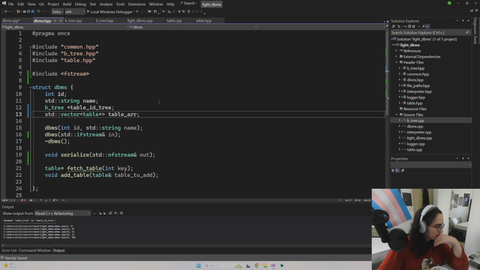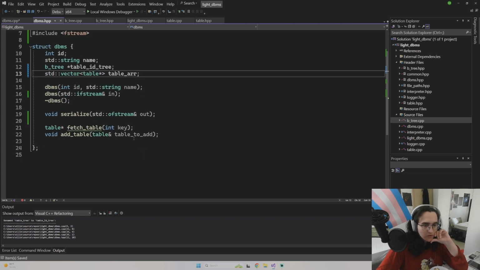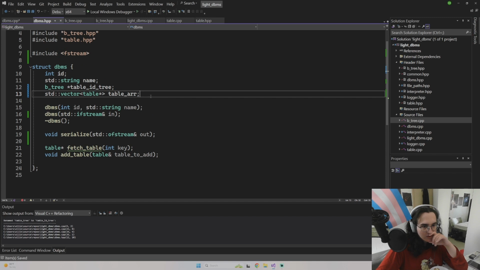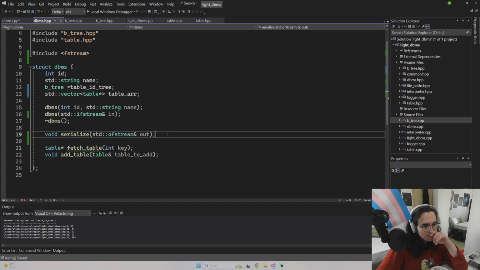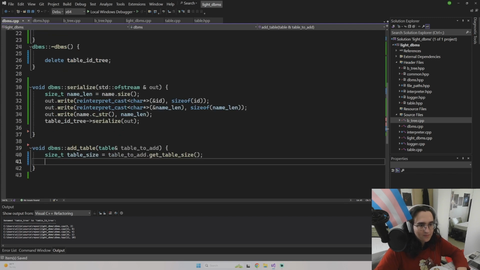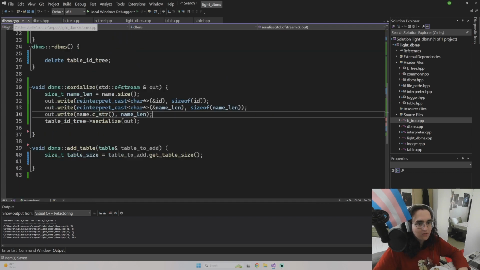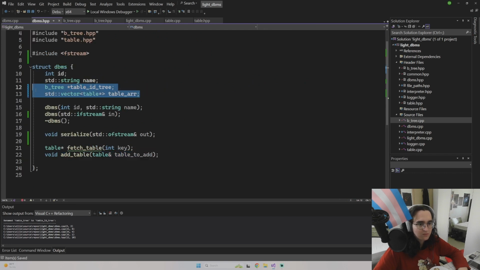So, boom. So table R, table array. Now, serialize. Oh, I have to add the, and serialize here. I have to add. Oh no, I don't serialize this one. This one is local because, sorry, I have something between my teeth. This is local, like local in the sense